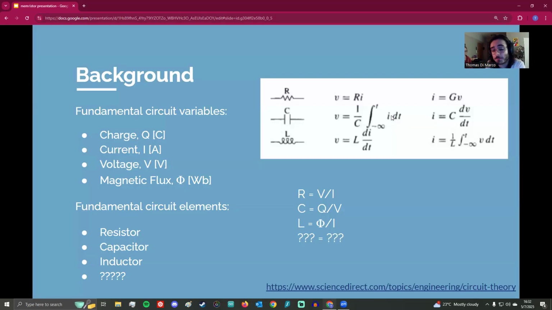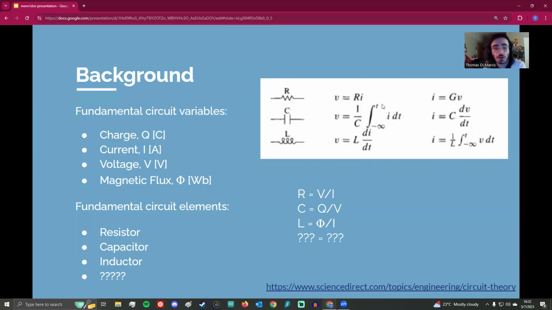I was told the audience for this talk would be like 210 students. So what are the first things we learn about in 210, Intro E&M? We learn about fundamental circuit variables and fundamental circuit elements. We are told that there are these magical elements, the resistor, capacitor, inductor, with special electrical properties, some of which